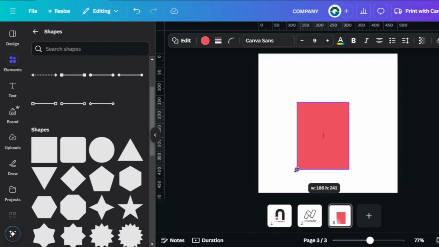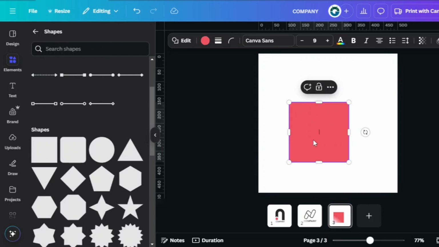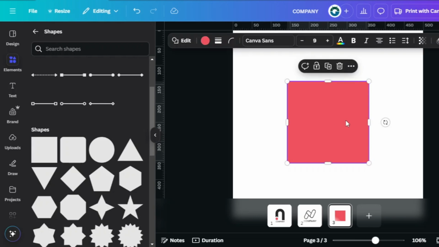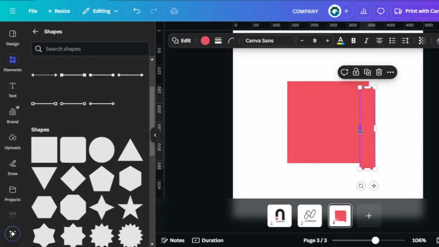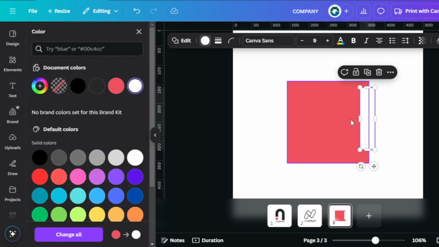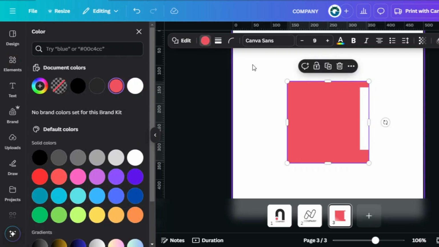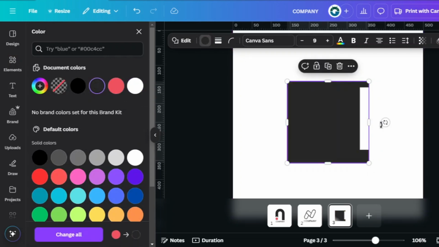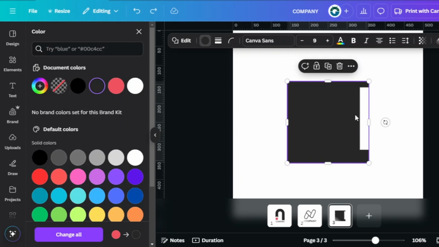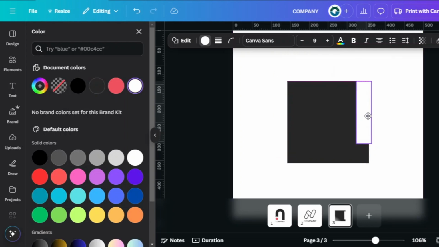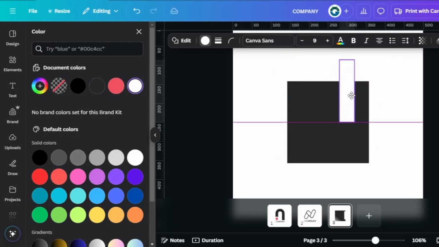Enlarge the square, making sure each side remains proportional. Then center it on the canvas. Step 3. Choose a bold color, like black, dark blue, or maroon for a strong visual impact. I'm using a muted black just like in the previous designs. Now, let's create the double N effect that makes this logo stand out.